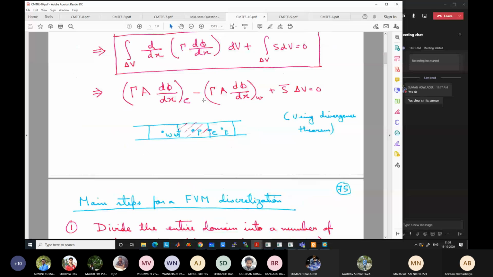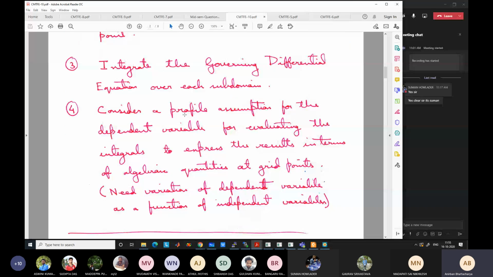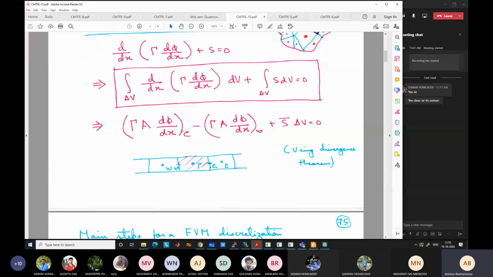then we have to assume something which is known as a profile assumption. This may not be clear to you right now. We will go through some examples today. So when we are describing this variation, we only have values at these points P, E, and W, which are at the center of the control volumes. Each of these blue boxes is a control volume. For example, the box corresponding to P is the control volume for P. We can call this control volume P, and the grid point is the point at the center, P,